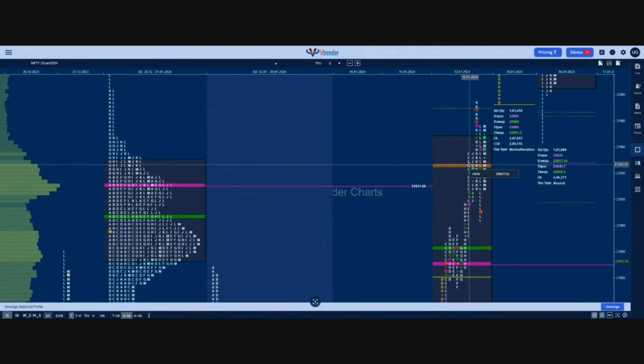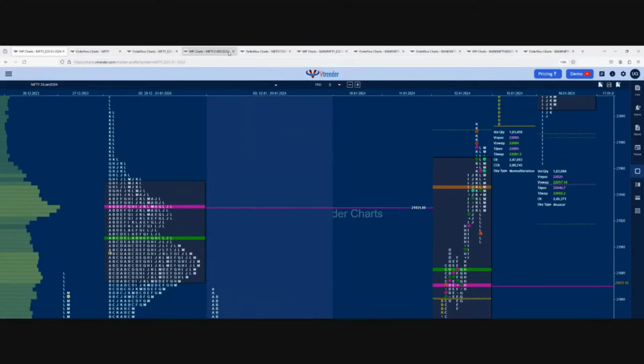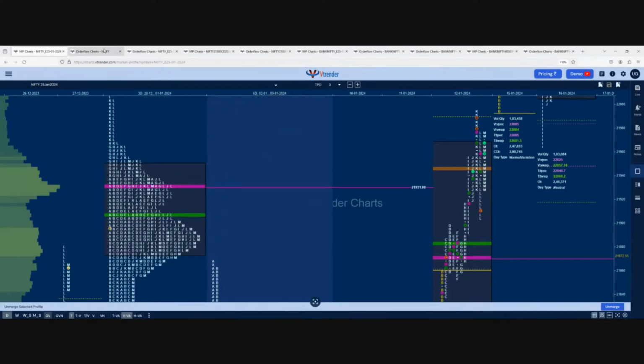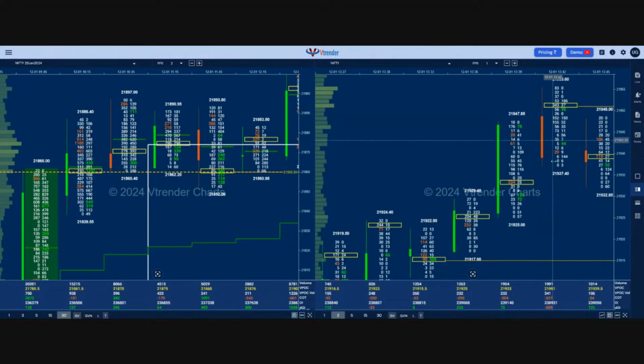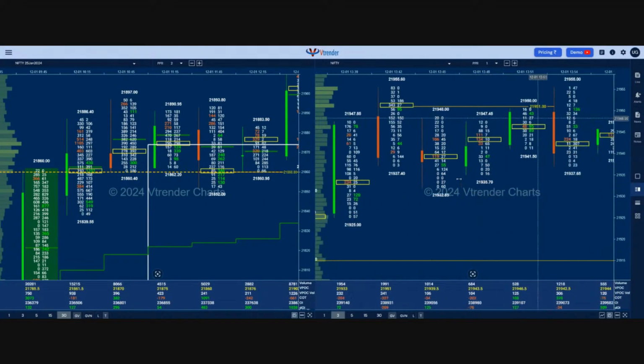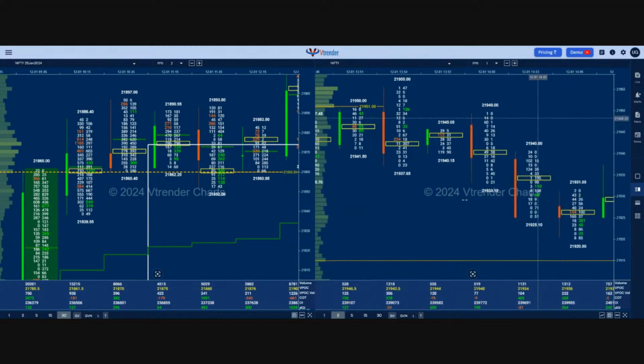This is the period where we hit the 21931, and we also went on to tag the value area high of that 3-day composite. So it was definitely a sign of booking out profits. So this is one trade setup which was there on the 12th of January, and even into the close